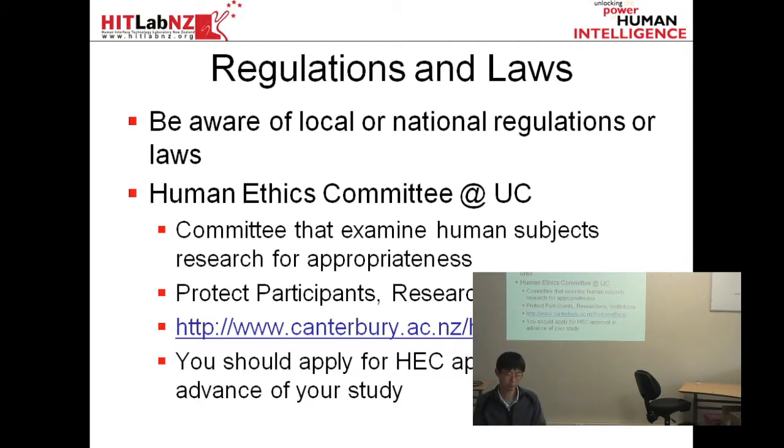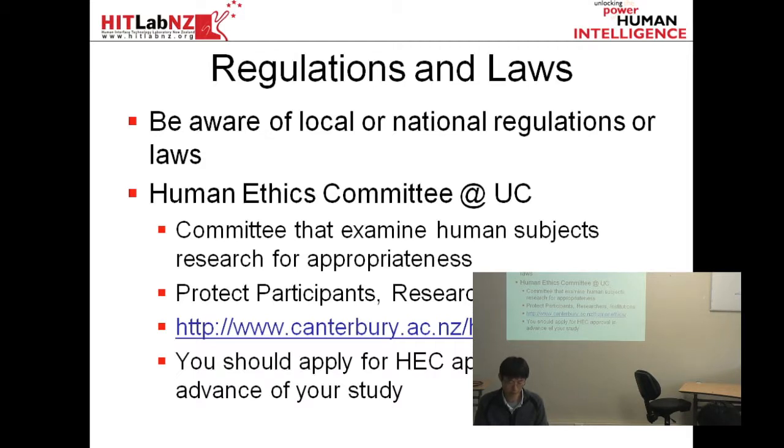Because if you haven't got your study reviewed by the Human Ethics Committee, then later on a participant can sue you if they felt they were objected to during the study. But if your study was reviewed by the committee, then the university can back up your study and say this was reviewed by this procedure, so those problems might not be relevant for asking for your